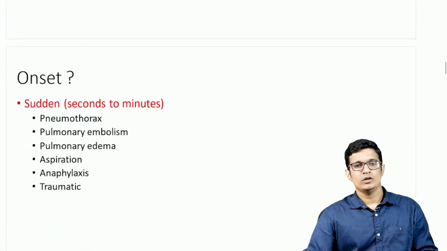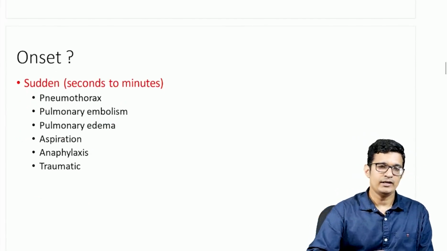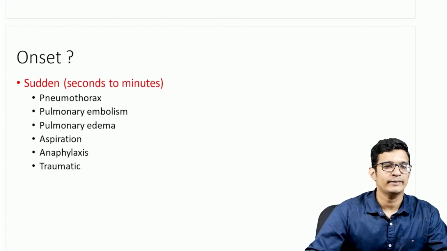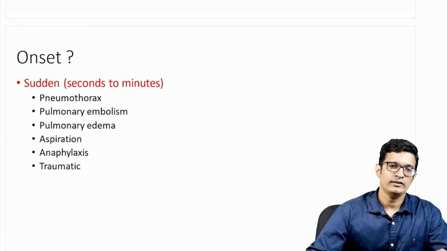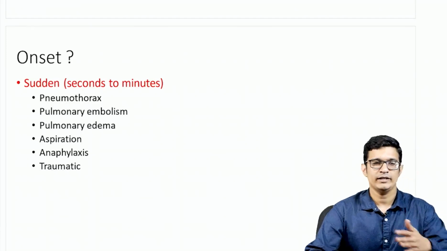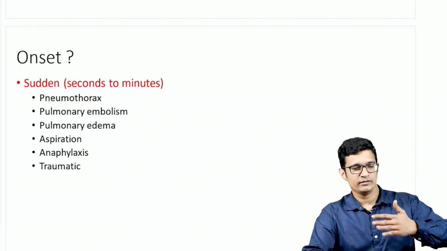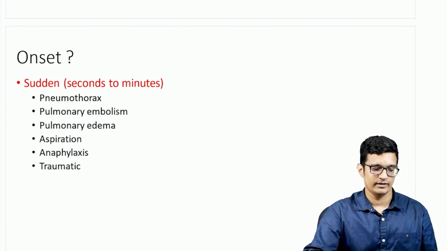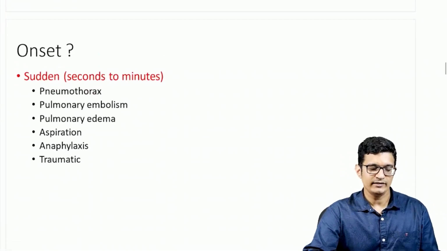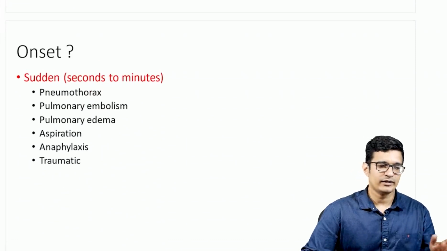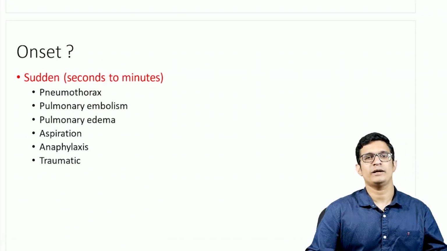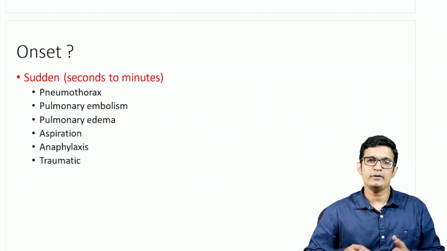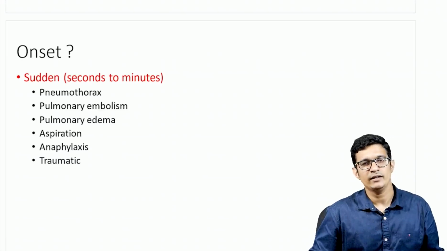So after understanding that, the first thing that we ask is, what was the onset of breathlessness? Is it sudden in onset, or acute in onset, or a subacute onset, or did the breathlessness have a very slow, gradually progressing onset? Whenever somebody says there is a sudden onset breathlessness, that is breathlessness in seconds to minutes, that is, 5 minutes back this person was absolutely normal, then the first thing that we practically always think is whether the patient had inhaled or ingested any foreign bodies.